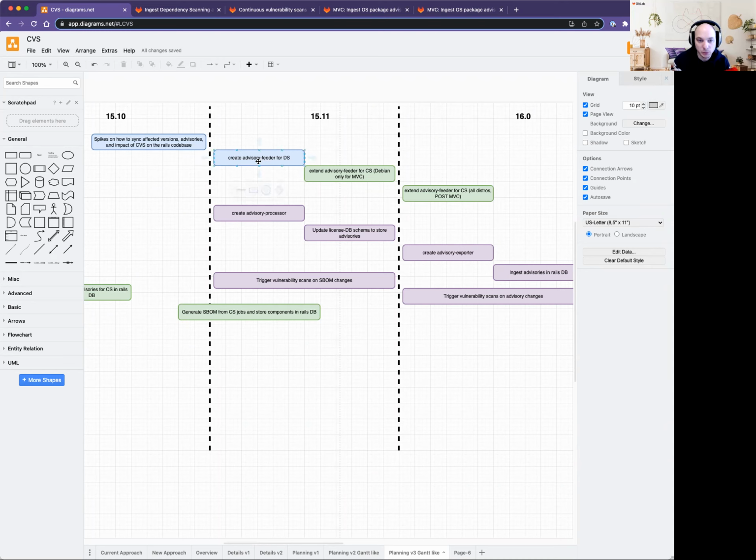This piece is supposed to be mutualized, but the first break will contain the shared piece plus the advisory feeder for dependency scanning, which is taking the GitLab advisory database Git repository, and feed that into the LicenseDB database. Once this is done, this can be extended. So this would be a single project. At least that's the plan so far. I need final confirmation of that, but we will then extend that to include some advisory feeder for some new